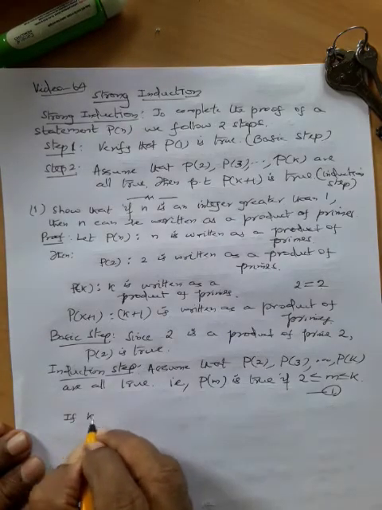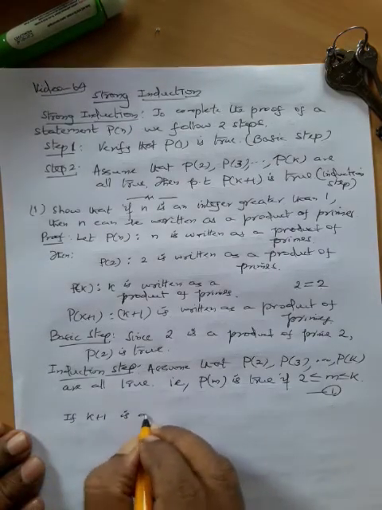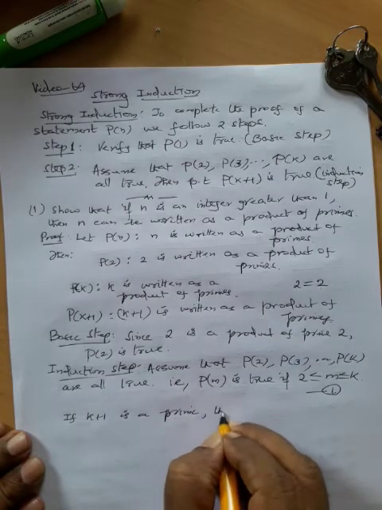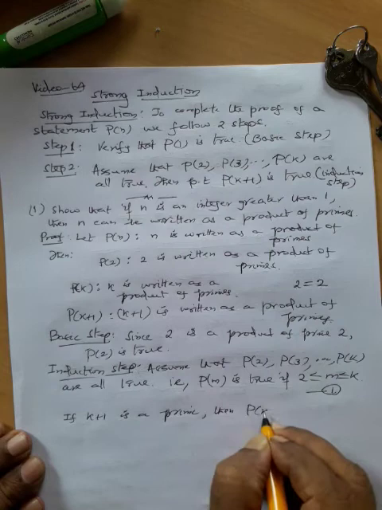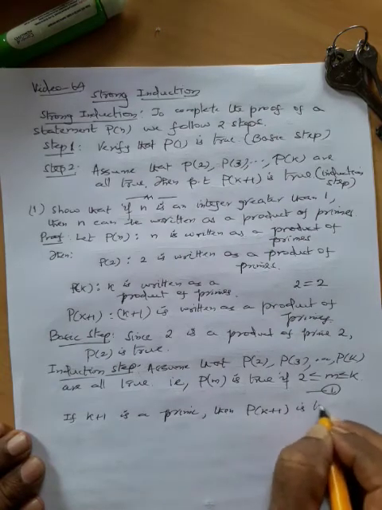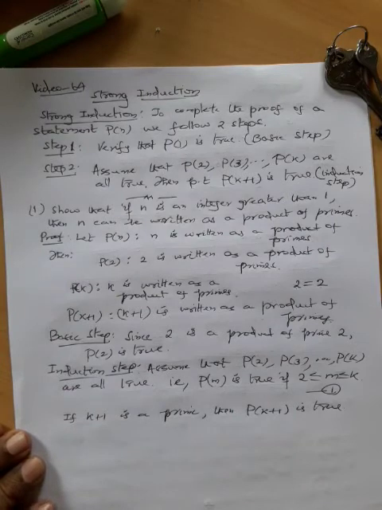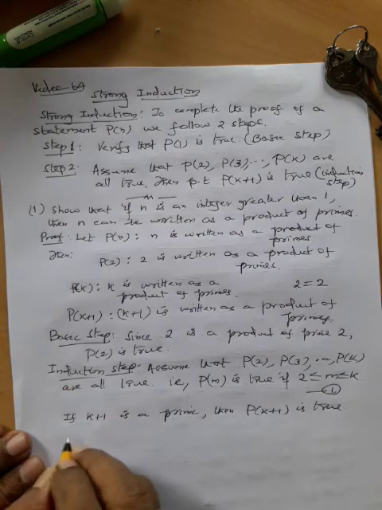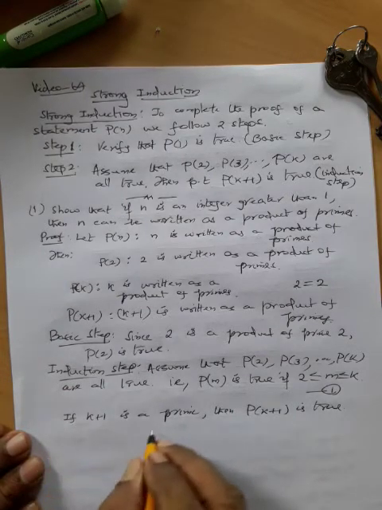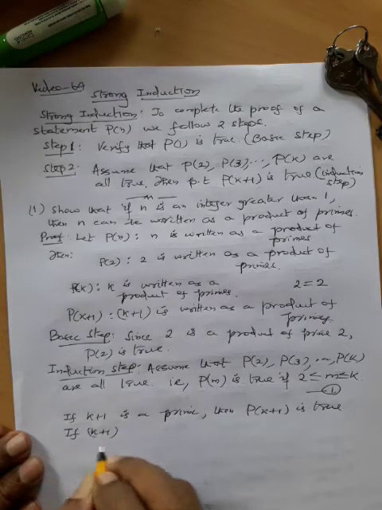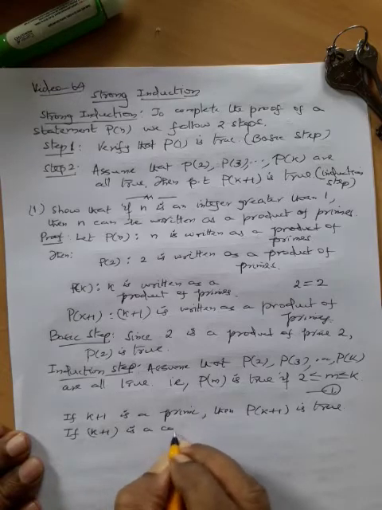If k plus 1 is a prime, then P of k plus 1 is true, because a prime is equal to that prime, which can be considered as a product of primes. If k plus 1 is not a prime, it is composite. If k plus 1 is a composite number,